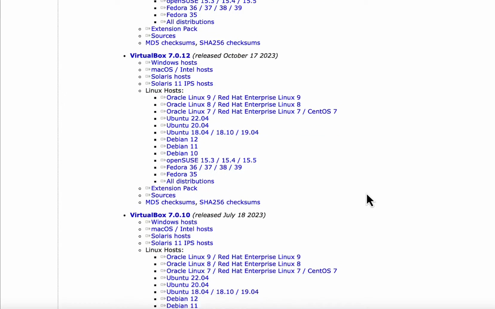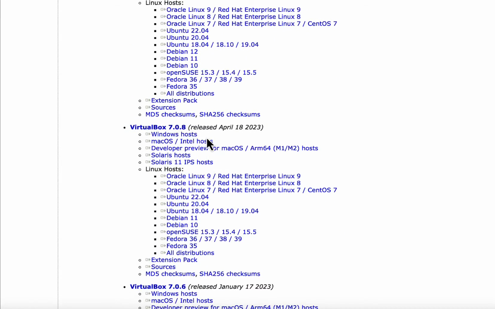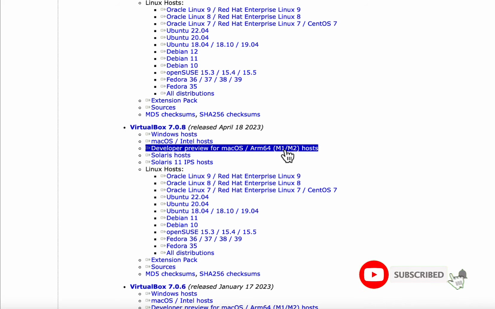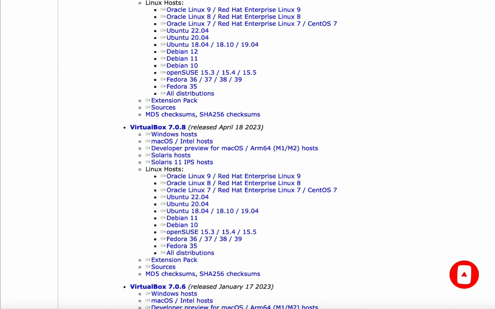and you can find the VirtualBox 7.0.8, which is supporting M1 and the M2 host. You can download this,